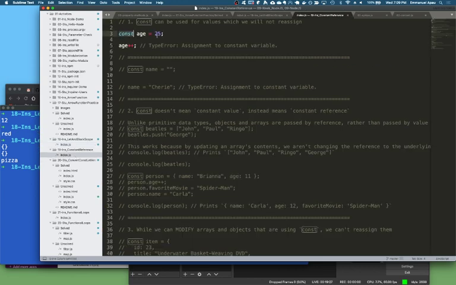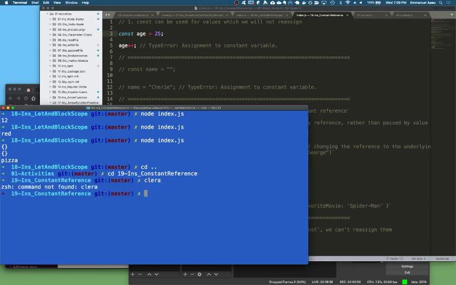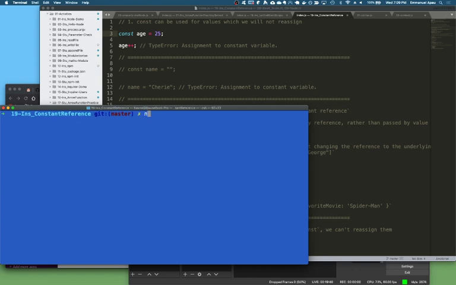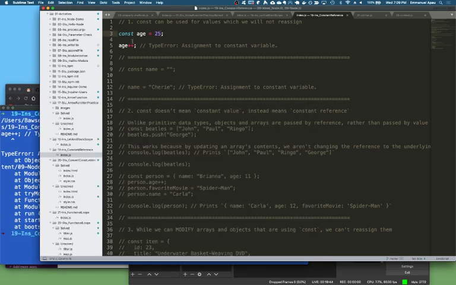And so let's say we have age being assigned to the number 25. When we try to execute this, let me cd into that folder location. And execute it, you'll see that a type error happens, because now we're technically modifying that variable. This variable has been assigned a number 25. This shortcut